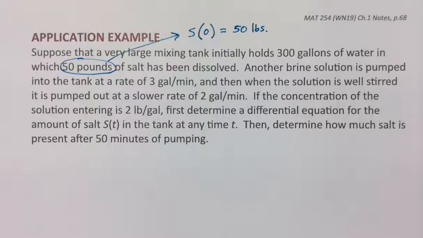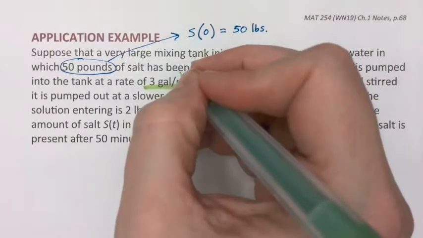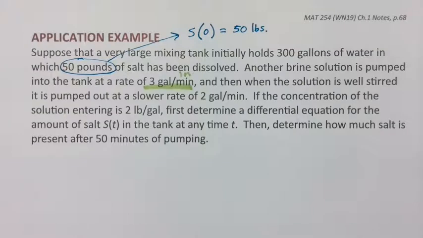Another brine solution is pumped into the tank at a rate of 3 gallons per minute, and then the water solution is stirred up and then pumped out at a slightly slower rate of 2 gallons per minute. So we got something strange going on here. So we have kind of an inflow of 3 gallons per minute. This is going in. And we have an outflow at 2 gallons per minute,